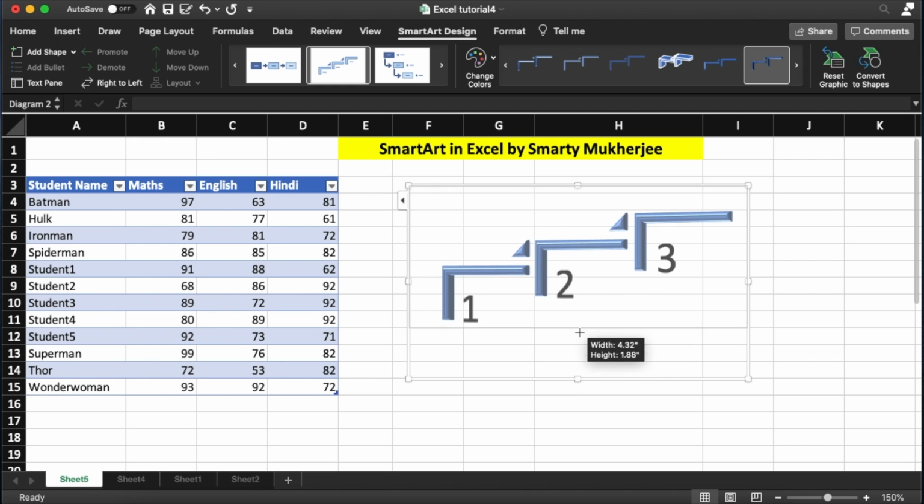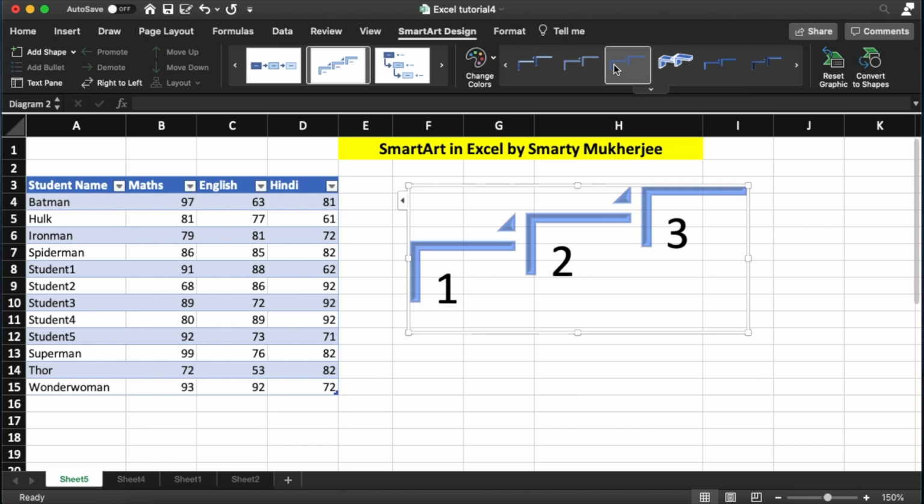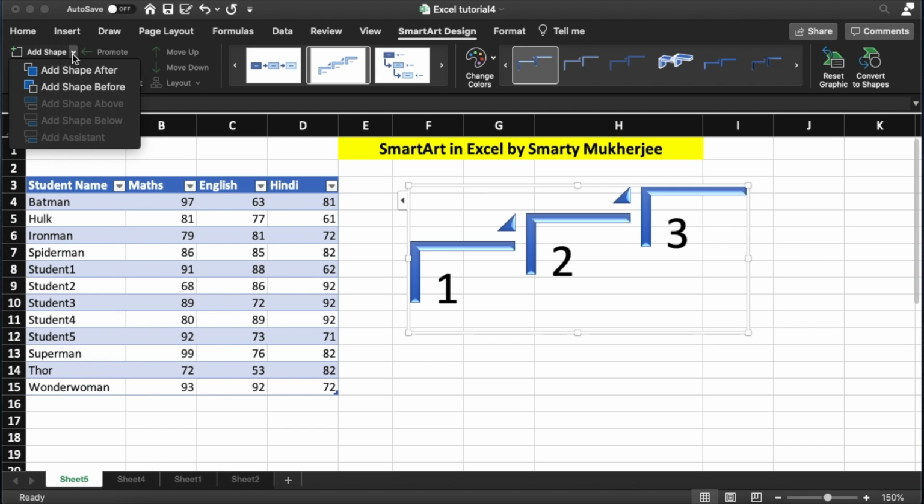You can choose any of these options from the formatting and make it look good. Similarly, you can add different designs in Smart Art. You can convert it into different shapes as well. You do have an option to add certain shapes here, or remove certain shapes here, or reset the whole graphics.